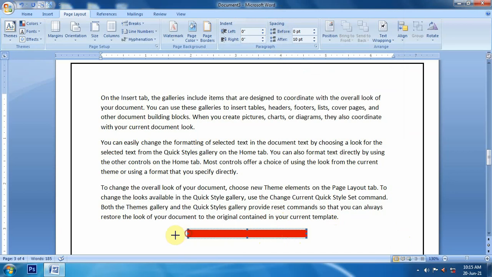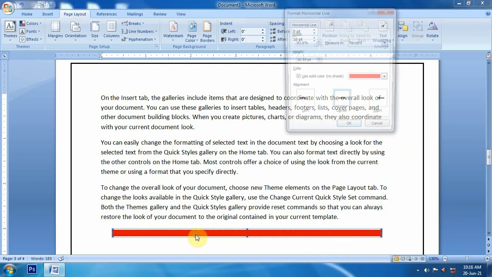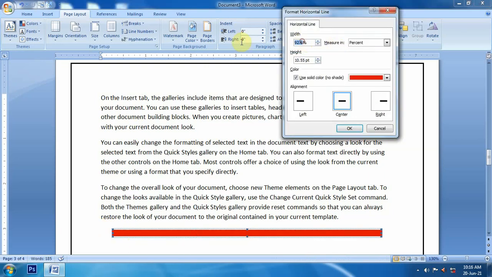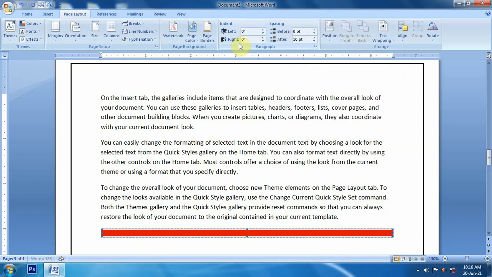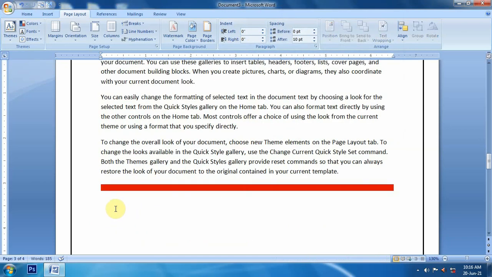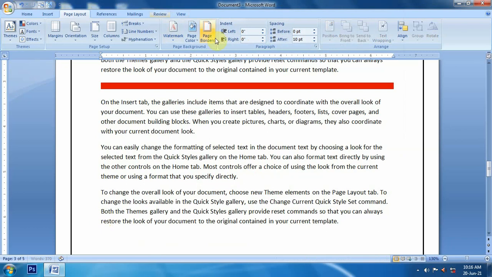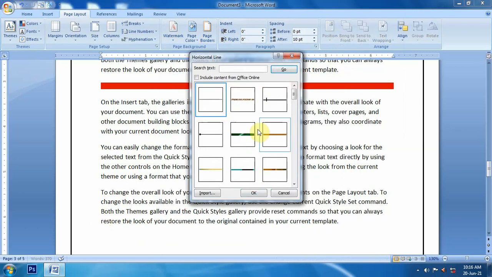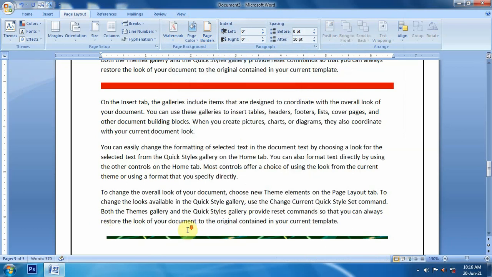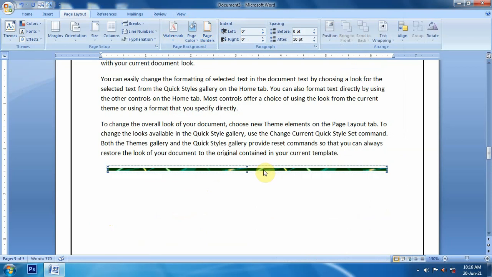So these are the customizations that we can do with a horizontal line, but this type of customization is not possible with all types of line. If we take another line, this picture line, customization of this picture to change color is not possible.